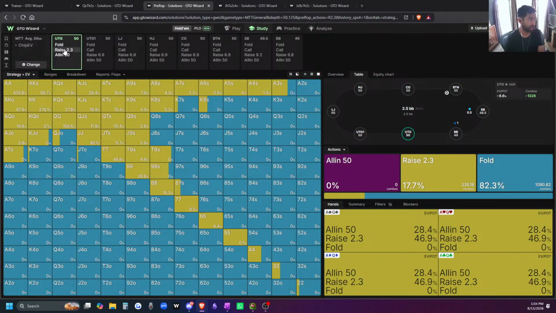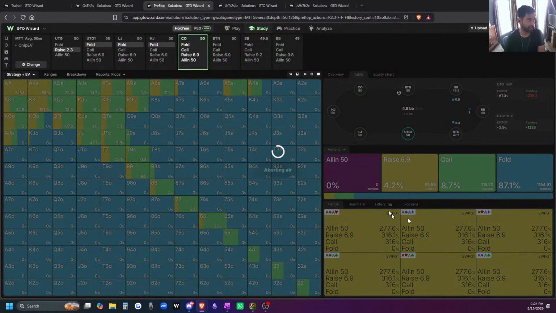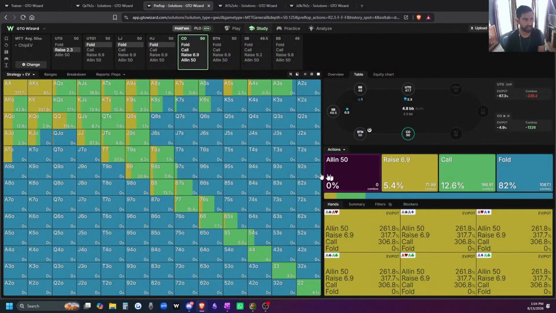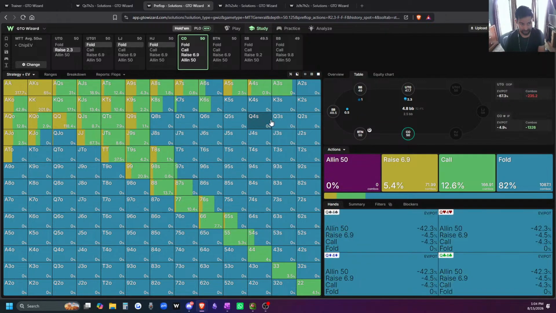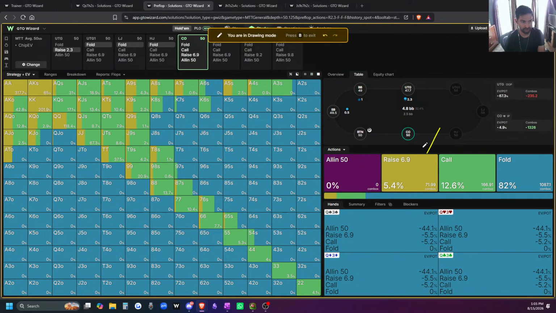Okay, so let's just say that we are in the cutoff. What's our response versus an optimal player? Well, our optimal response is 3-betting at 5.4%. That is against the computer. But this player is making a mistake. The mistake is that he's playing too many hands. So what we need to do is semi-bluff him more frequently. We need to move him off of too large of a surface area, or to frame it another way,